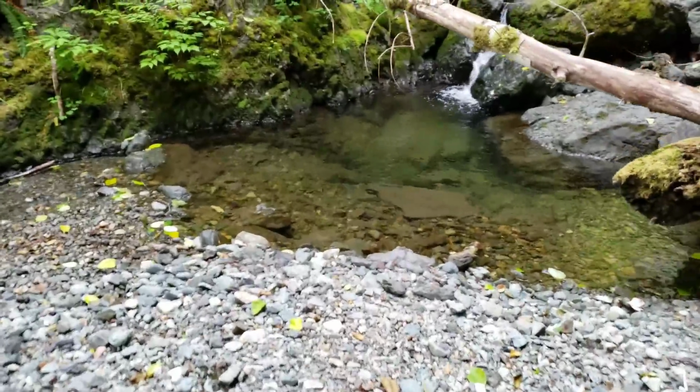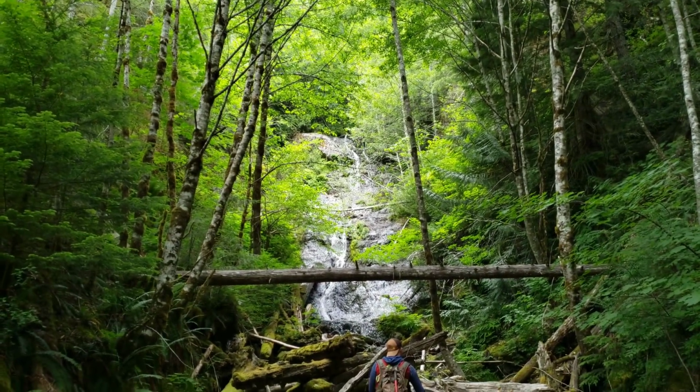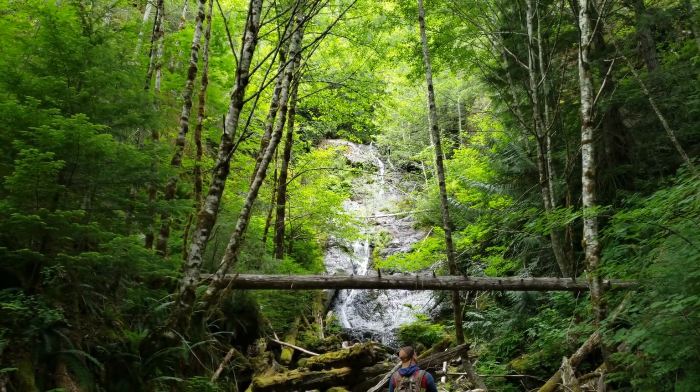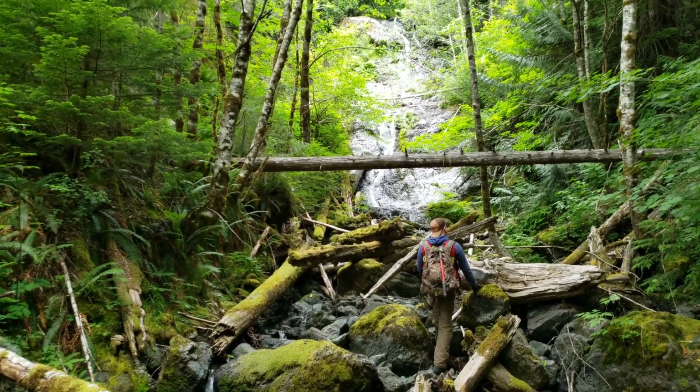Tomorrow we're going to do a bit of crevicing here. We got a 120, 130 foot waterfall. And we're going to work a few crevices. We found a bit of gold here before, so